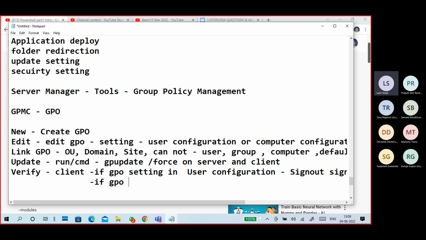If it is a GPO setting in computer configuration, restart.